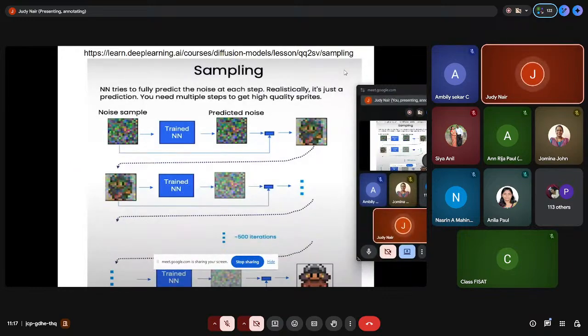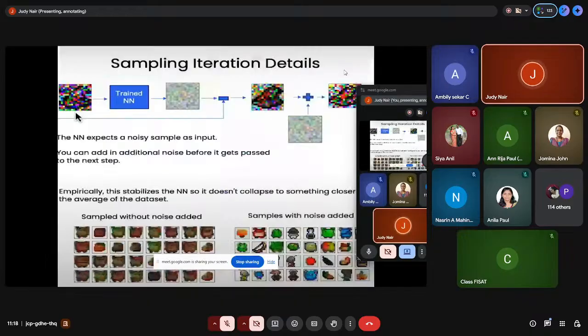So this is the sampling. Sampling is nothing but the number of denoising steps. Sometimes people get confused with these terms, like what is sampling here or what is denoising. At every time step, denoising happens. The entire process is called sampling. So it starts with a noise sample, passes it through the trained network, and then it predicts the noise. So the actual image minus the predicted noise, you get the error that is fed back into the neural network, and then it continues until it gives you the actual image. So this is how the reverse diffusion takes place.